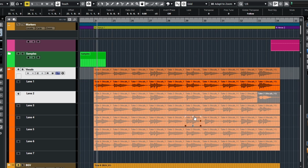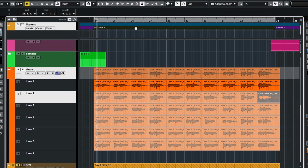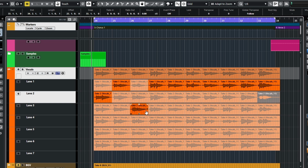Okay, now let's just zoom out a little bit. All right, and what I want to do is I also want to loop this chorus section here, and you can turn it on loop. That way you can play over and over again. And what we can do with our comp tool here is that we can click on any of these parts. And we can choose which one we like, what we don't like, and we click on each of these little sections, and what that does is it then builds an entire track based on the best phrases out of this entire song. So we'll start off from the top,